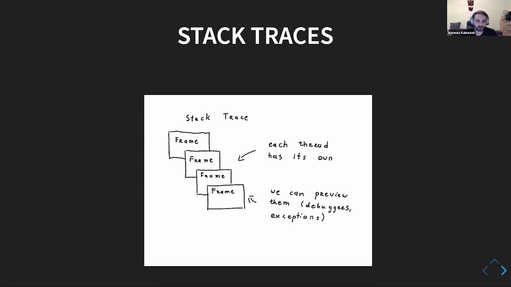We can use it to print the order of functions called. We can learn what variables were set in each of the nested calls. Debuggers use it so that they are able to show us what actually happened at the moment we stop the debugger. So this is not only an internal detail of the JVM, it's also something that is directly exposed to us, and we can make use of it.